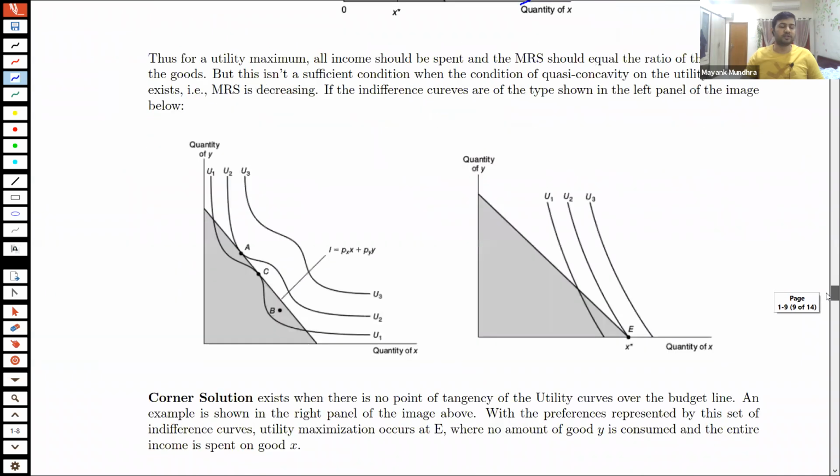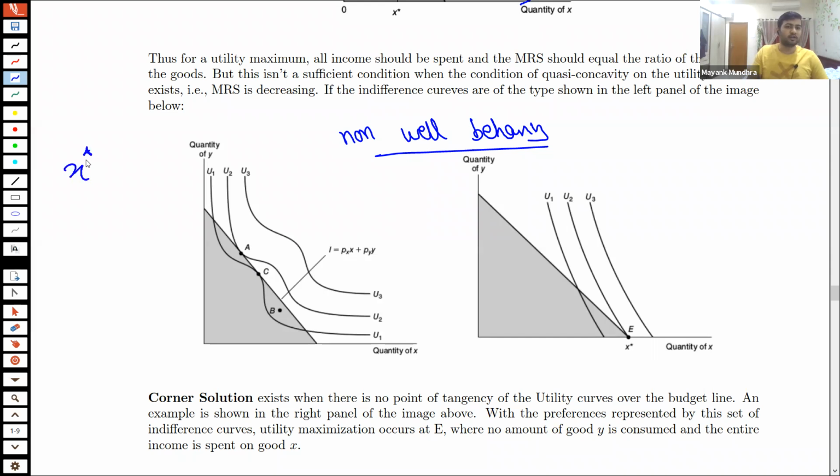Unique optima means there's going to be a single point which is going to be the best point, and it is going to be this point of tangency. But there are situations which happen like this. So these are non-well-behaving preferences. I mean, there's no such term as non-well-behaving, but well-behaving preferences is a very commonly used term. So these come under the category of preferences which don't behave well. All right. So look at these preferences. Now, when I'm trying to find X star comma Y star, the two equations that I'm looking at are the budget line and MRS equals the price ratio. That is basically tangency.